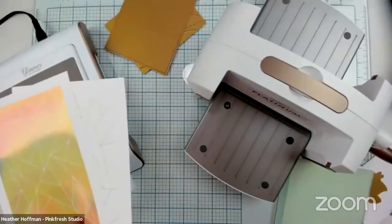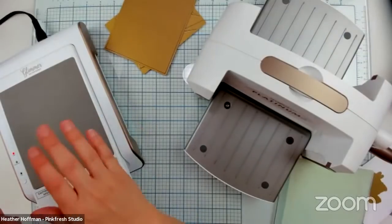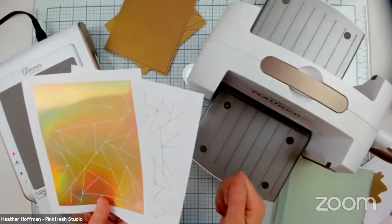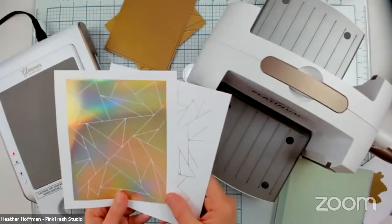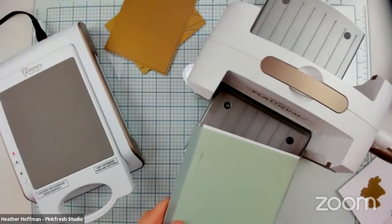Okay, you put it in the glimmer machine. Yes, Sherry, so you preheat it. That's what makes the effect, the hot foil work. And then it's the pressure of the die cut machine that puts it all together. Isn't that awesome? Okay, now we're gonna do it on a word die just because